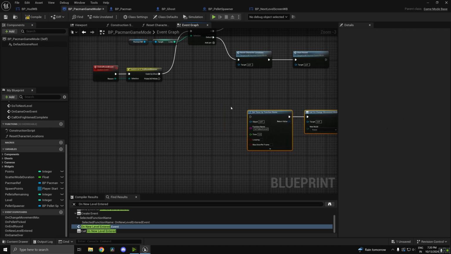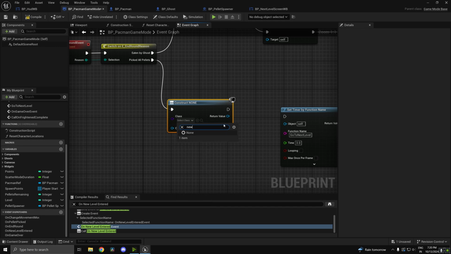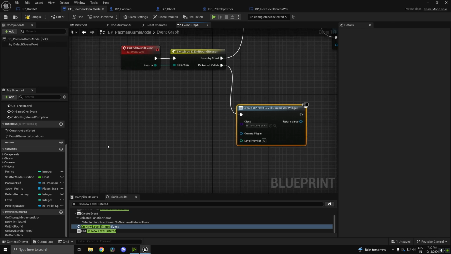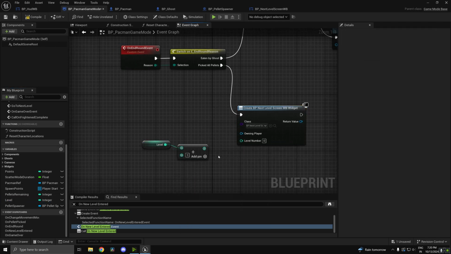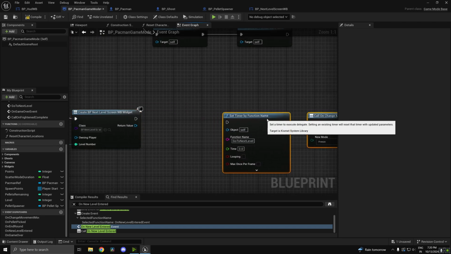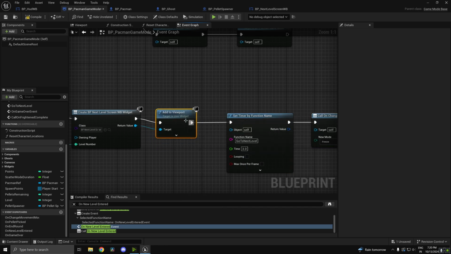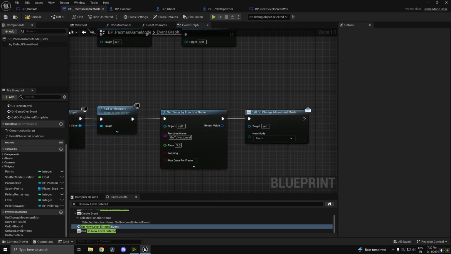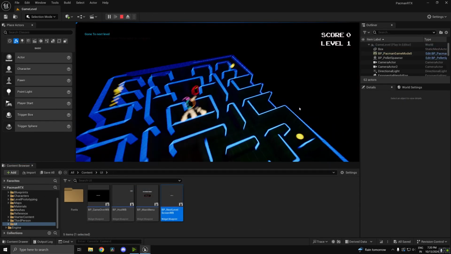So over here we can go ahead and create a widget. Create widget, this will be new level. So level, whatever this is called, next level screen, and this will be level +1. Alright, and we can add it to the viewport. We don't really need a reference since we'll be discarding this anyways, and the garbage collector will probably do its thing. So now if I go ahead and press play,